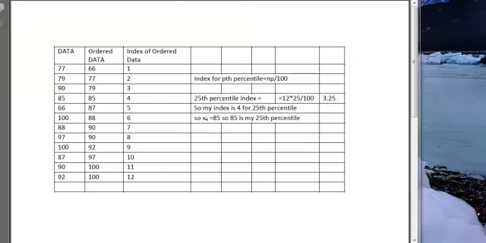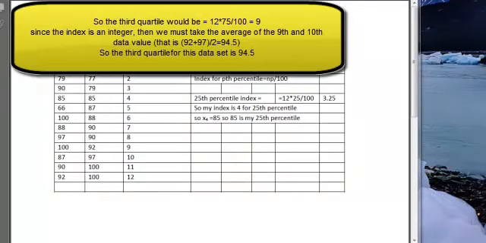So if I want to do the 25th percentile, I use my formula. I have 12 data points times 25 divided by 100. I get the index of 3.25. Again, it is not an integer, so I go to the next greatest integer, which is 4. So x of 4 is my 25th percentile, which was the same as my 30th percentile. So the 30th and the 25th in this particular data set were the same based on the number of data values we had. It's not always true that they'll be the same. So 85 is my 25th percentile,